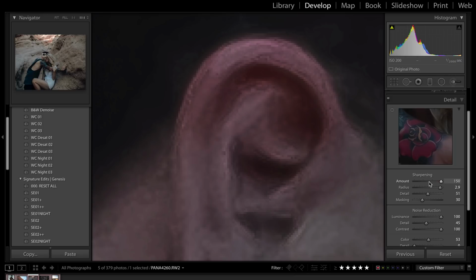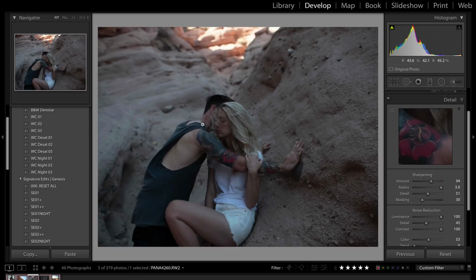So the reason you'd maybe want to do this is if you're printing a huge print, you want to make sure that once it's actually blown up, it won't look strange. So we just kind of dial back our settings here until they look nice, like that. Okay, so zooming out,